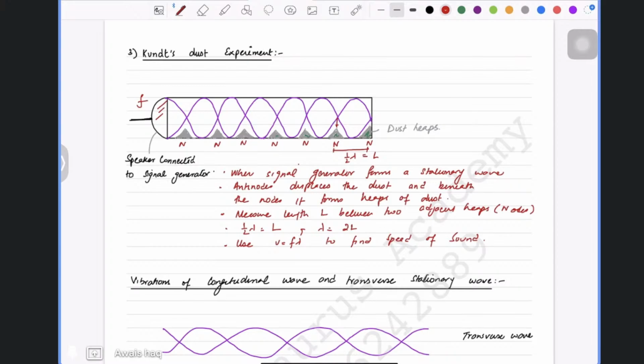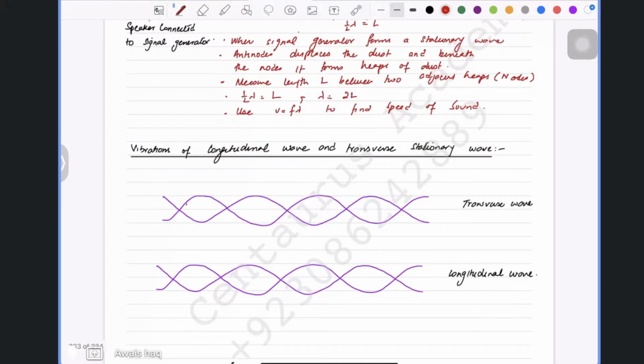Finally, I just want to tell you that when you create stationary waves with respect to transverse waves, they just vibrate up and down like this, like that. So that's pretty simple. But in longitudinal, it's quite different. So you guys need to remember this. For example, you will always witness